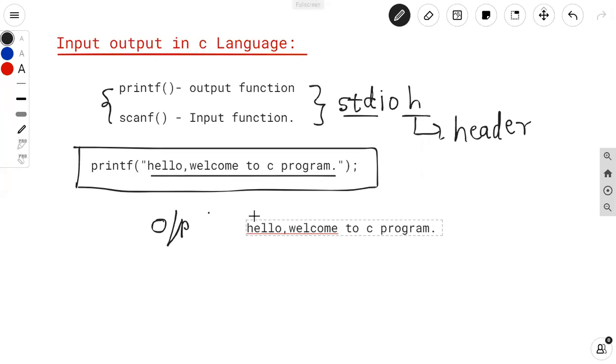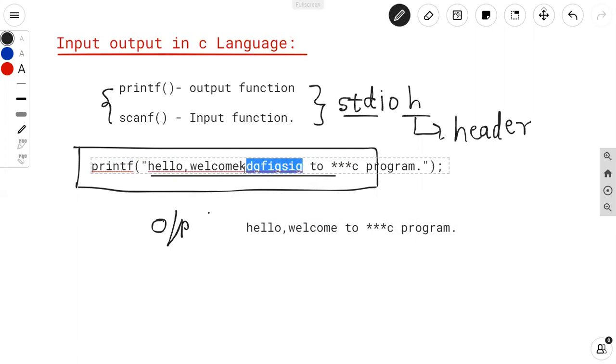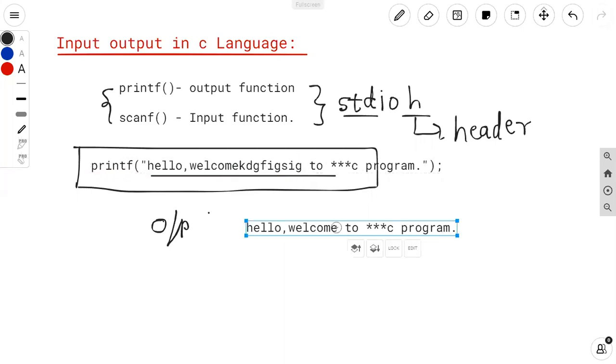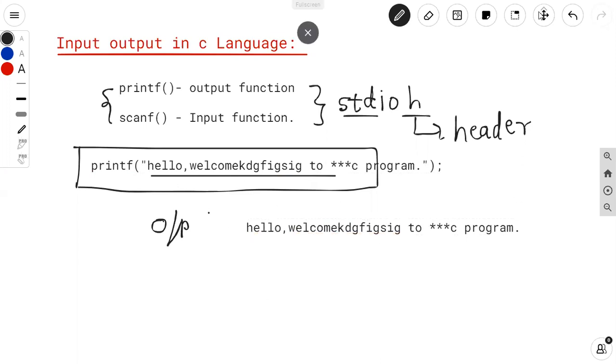ओके, कारण की कंपायलर काय करेल, डबल कोट्सच्या मध्ये जे पण असेल काही पण इथे तुम्ही टाईप करू शकता. जर मी इथे स्टार स्टार स्टार स्टार असं घेतलं, देन इट विल प्रिंट दॅट स्टार स्टार स्टार ॲज इट इज ऑन द स्क्रीन. जिथे असतील ते ॲज इट इज प्रिंट होतील स्क्रीनवरती. इथे काही मेन्शन करू शकता. सपोज इथे मी जर मेन्शन केलं काहीतरी, हे जी स्ट्रिंग आहे ही मेन्शन केली अशी कीबोर्डनी, तर ती ॲज इट इज आउटपुटमध्ये डिस्प्ले होणार आहे. ओके, so this is the one format of printf statement, right?